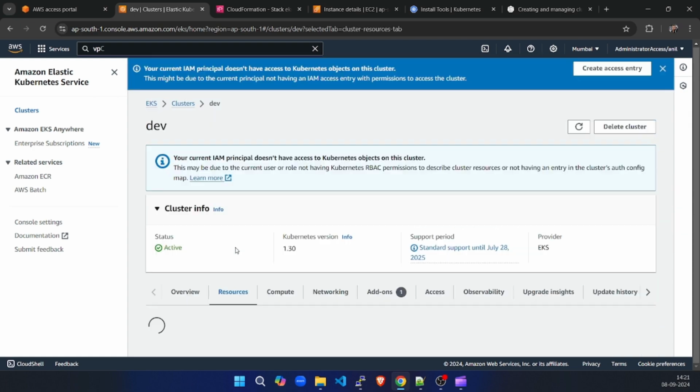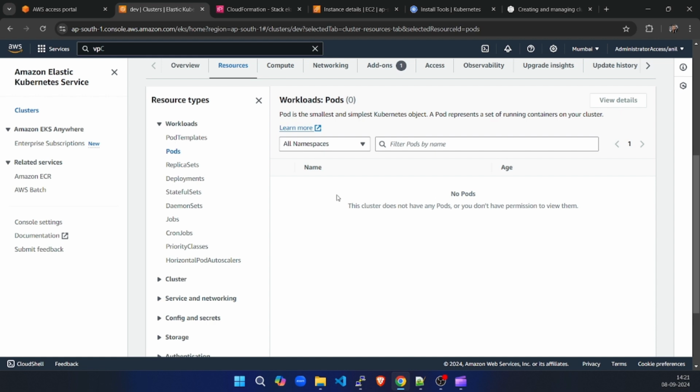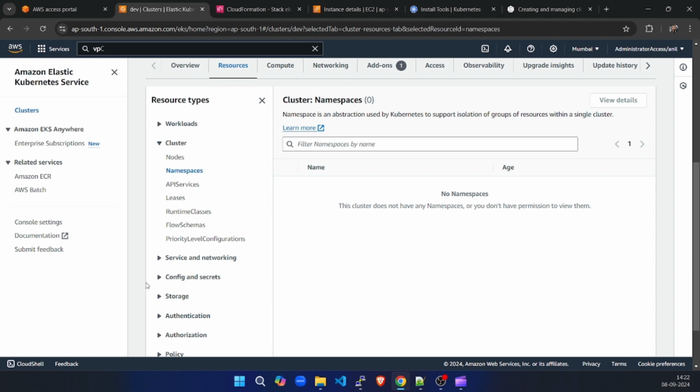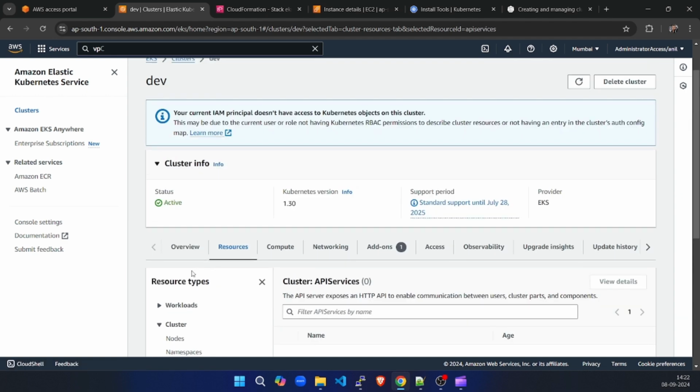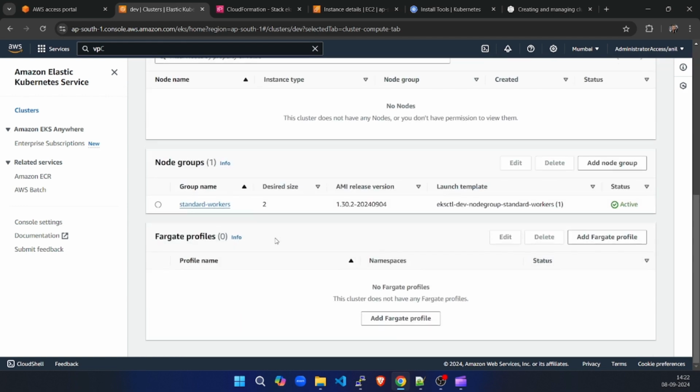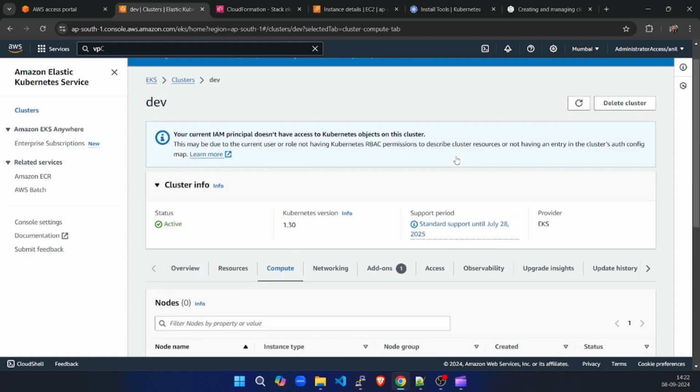Now the question is what resources are created by default. Nothing is created; pods and all are basically in the default namespace, so it is not showing over here. And for cluster node namespaces, there are none, because master nodes and all are managed by AWS, so it is not showing in the console. Here is the node group. There are two nodes added, meaning one node group, but desired size is 2. Once I refresh it,